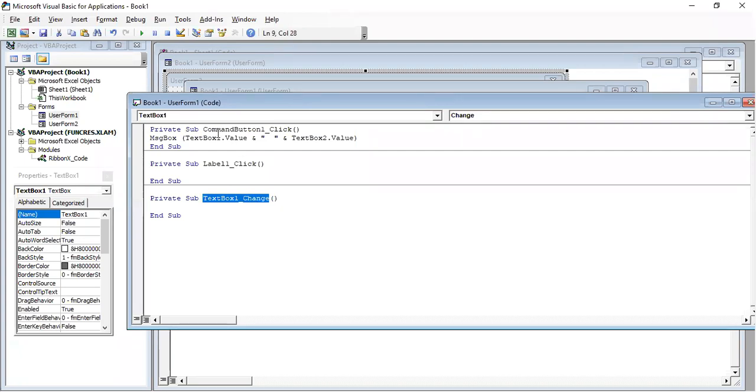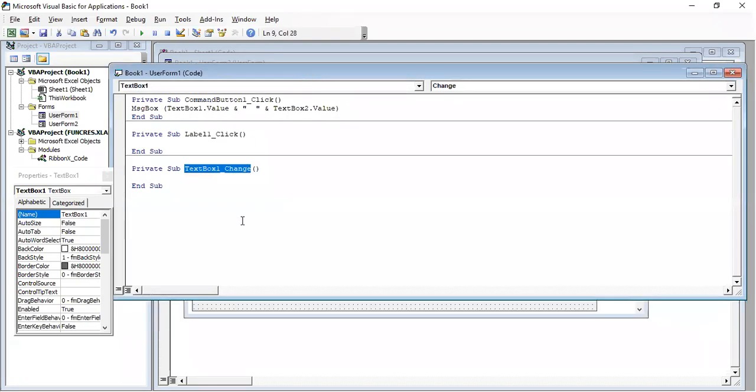Like for the command button, by default we have the click event. So here we have the change event. Usually on change of the text, the events will be written for the text box. Like in HTML and JavaScript, we have discussed events, right? The same way, all the events will be available here also.